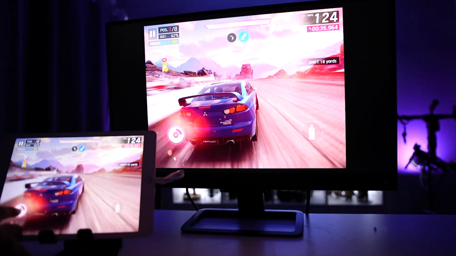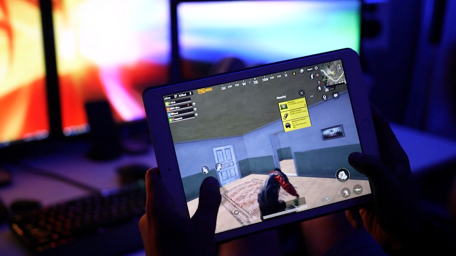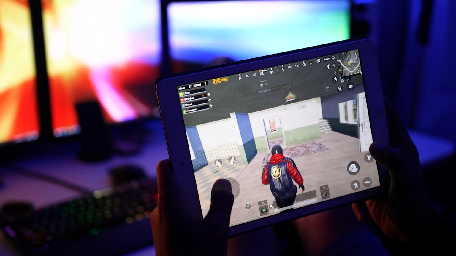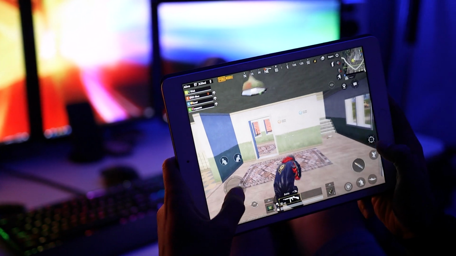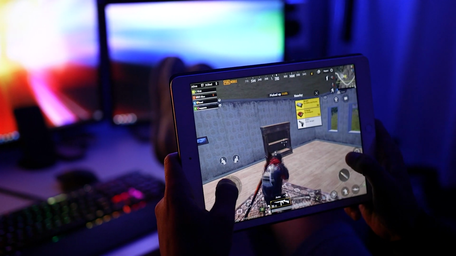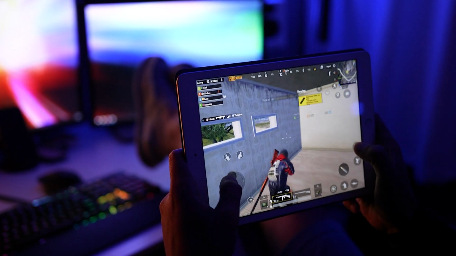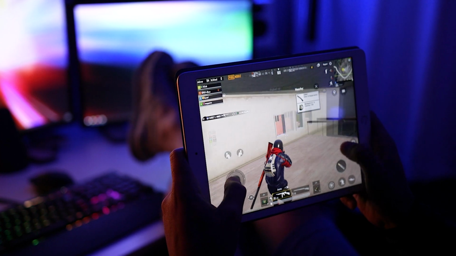Now, one category in particular is games. And depending on which games you like to play, we're looking at some pretty big numbers. PUBG Mobile, for example, takes up 3.13 gigabytes. And Call of Duty takes up 3.84 gigs. So that's 7 gigabytes right there. But you can see that if you're only playing a few titles, you're still likely to be okay with the 32 gig model. It just means that you can't download a lot of these games at the same time and